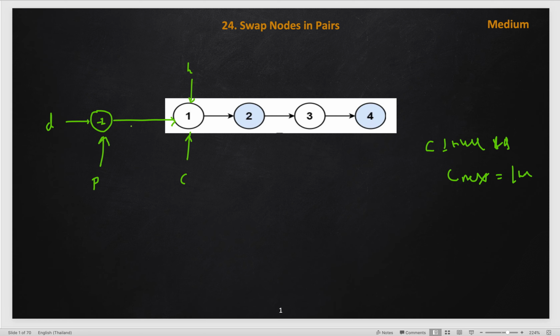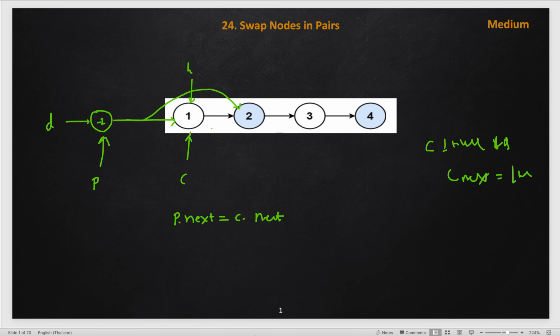So now we have to swap these links. So previous is pointing to this. First of all, we will take previous.next and change this link, from here to point to this node, this will become our new head basically. So the line of code for this will be previous.next. So this previous.next will point to current.next. So this is the first link change.